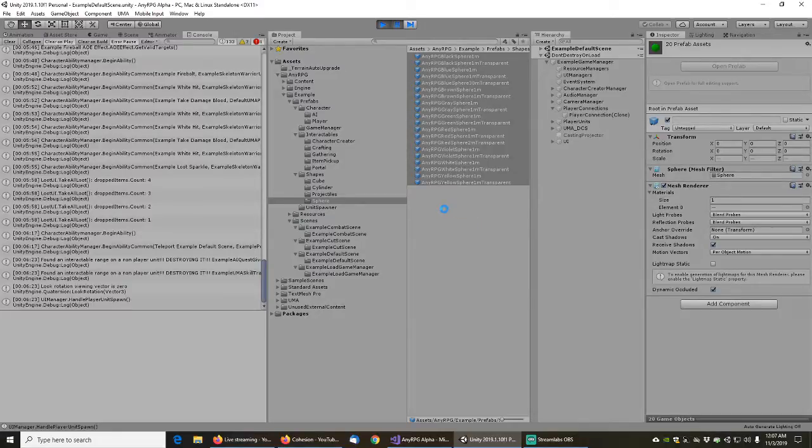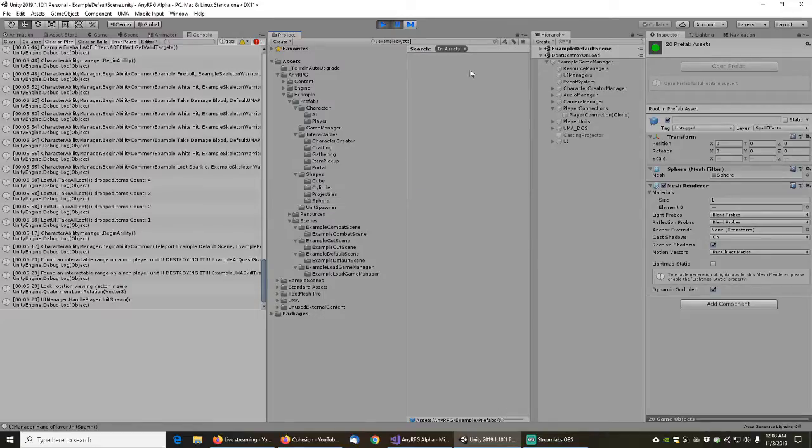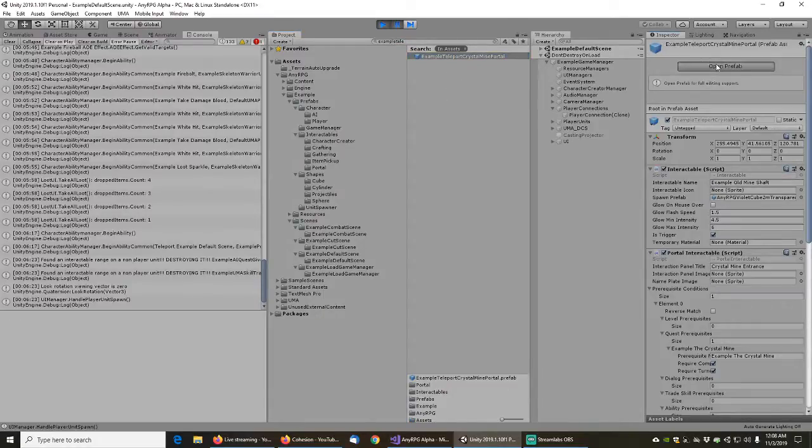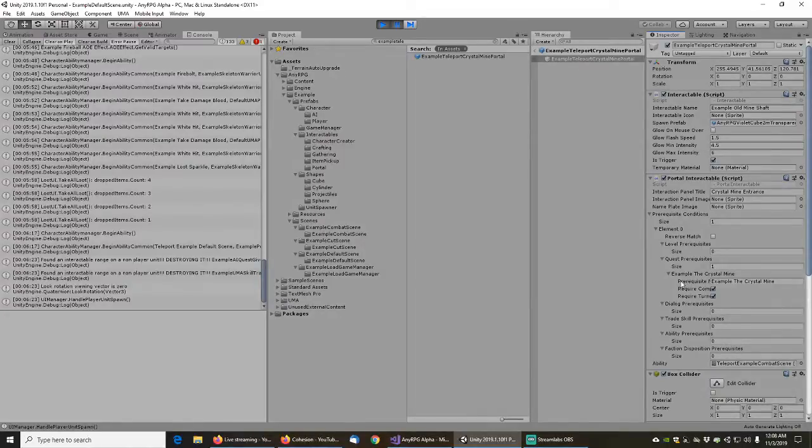Okay, and now hopefully I won't try to walk over that stuff anymore. Now let's take a look at, what was that object? The example crystal, no, example teleport. Yeah, there. And if I open up this prefab,